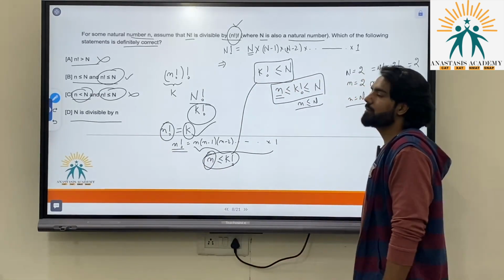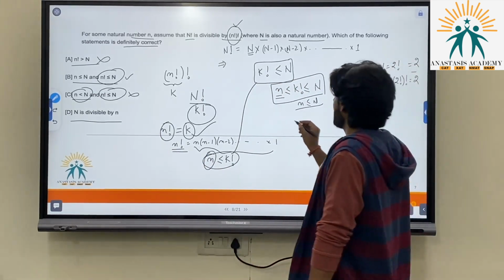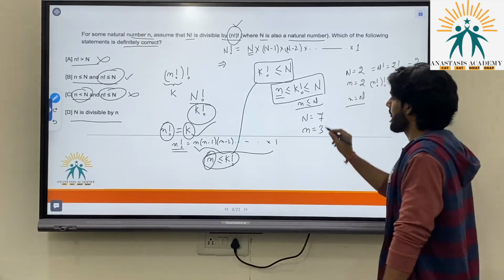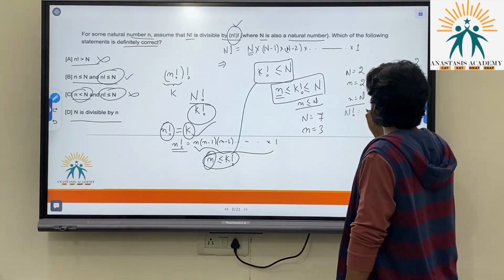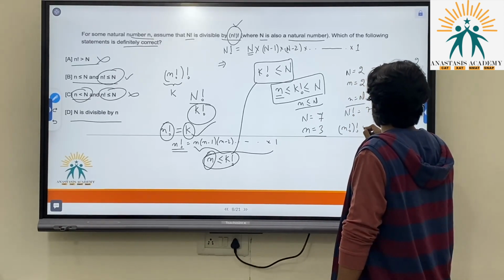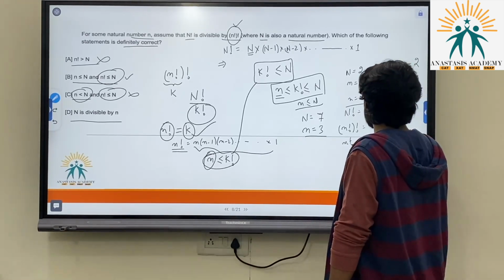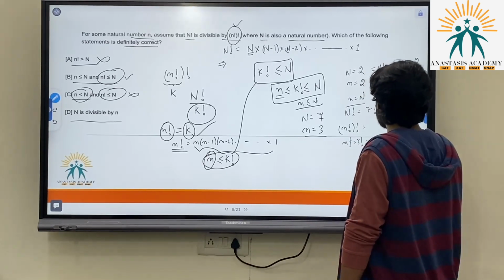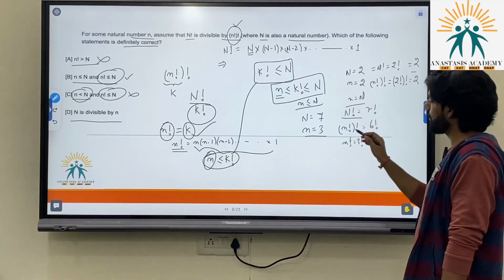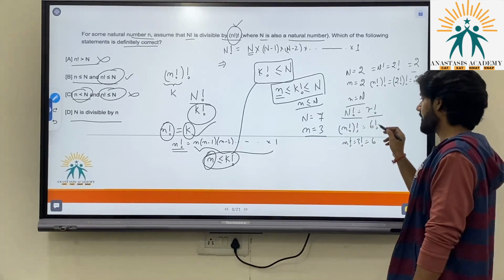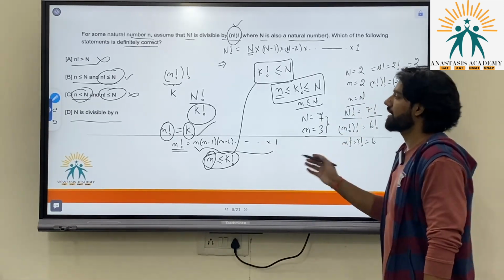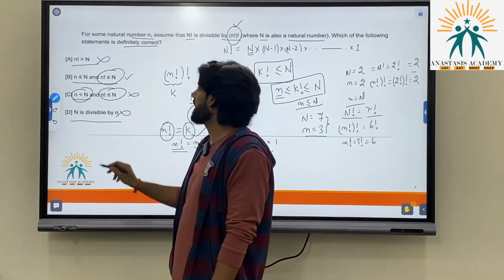Option D: N is divisible by n. Let's check if it is the case. Let's assume N as 7 and smaller n as 3. In this case, N factorial, which is 7 factorial, is divisible by n factorial factorial. N factorial is 3 factorial, and 3 factorial is 6, and 6 factorial divides 7 factorial, but N is not divisible by this smaller n. So N is divisible by n is incorrect. The correct answer option is